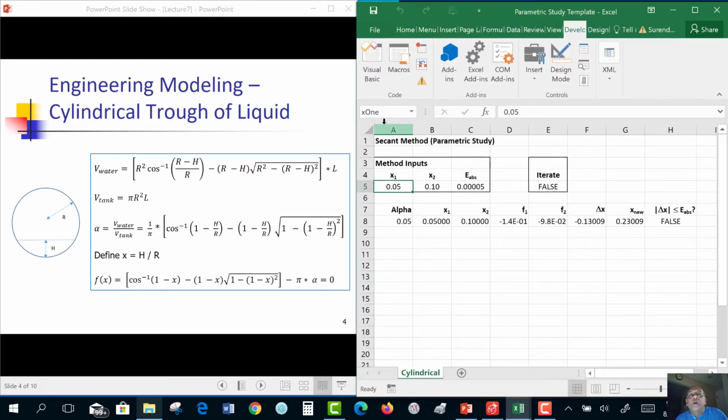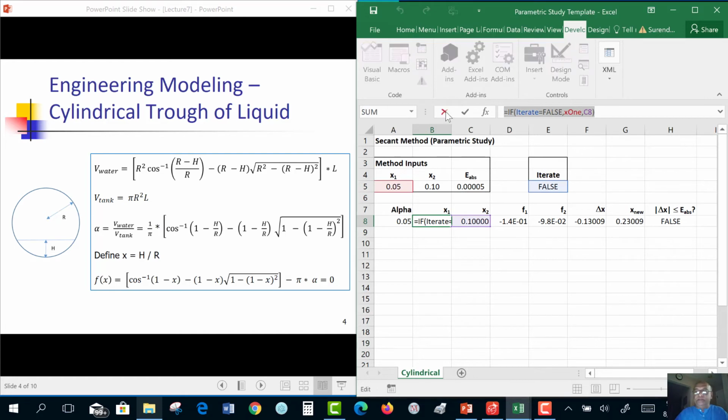Okay, so let's start programming. This is our first guess, x1, x2, and let's say we want 4 correct decimal digits. So we have our absolute criteria EABS. What we are going to do is say, let's say alpha goes from 0 to 2. We know the answer at 0. We know the answer at 2. So let's start with steps of 0.05. So alpha is 0.05. And we are going to say,